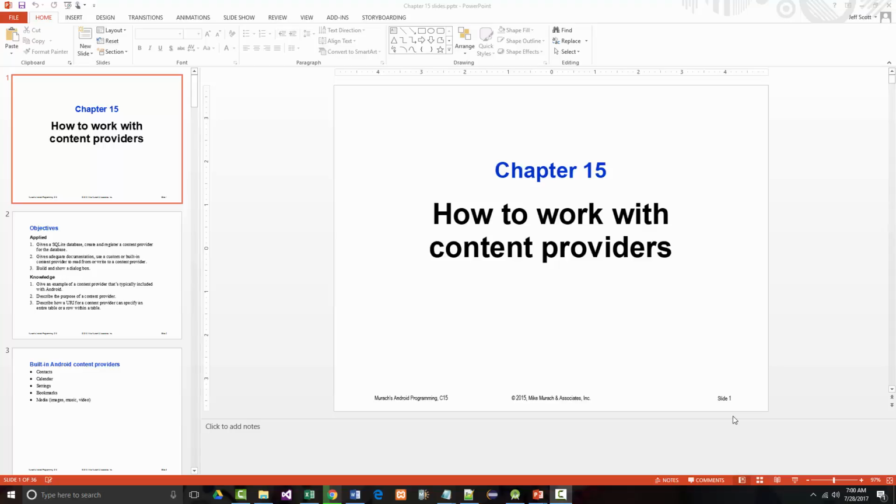In Android, a content provider allows multiple apps to share the same data. Android uses built-in content providers to make certain types of data available to multiple apps. For example, your contact app includes a content provider, so that built-in Android apps like phone dialers and text messaging apps, etc., can